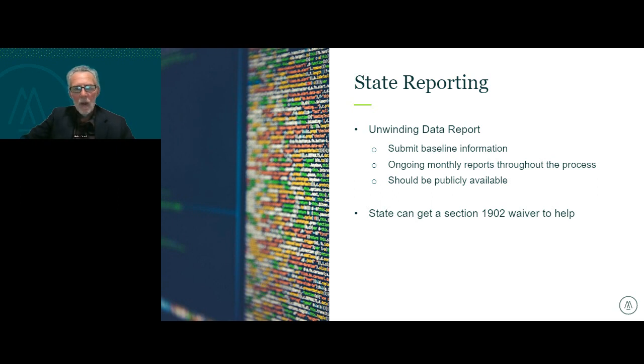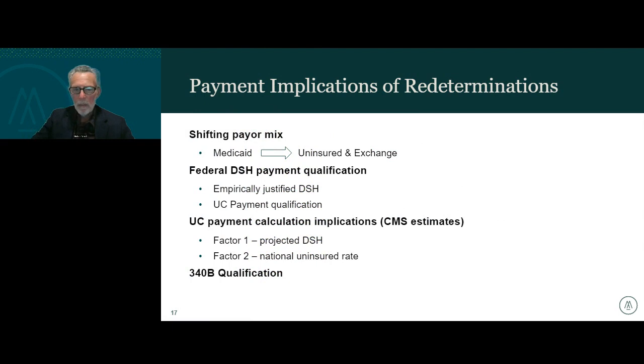So with that, let's talk a little bit about the implications, and we're not going to cover all of them, but some of the bigger ones. So clearly, this sets up for a shift in payer mix from Medicaid to uninsured, or to the exchange, or even to other places. Based on the Urban Institute's data of 15 million people coming off the Medicaid rolls, and utilizing a prior study, they're estimating right now that maybe 9.5 million of that group will qualify for employer health insurance, and will just shift to that.